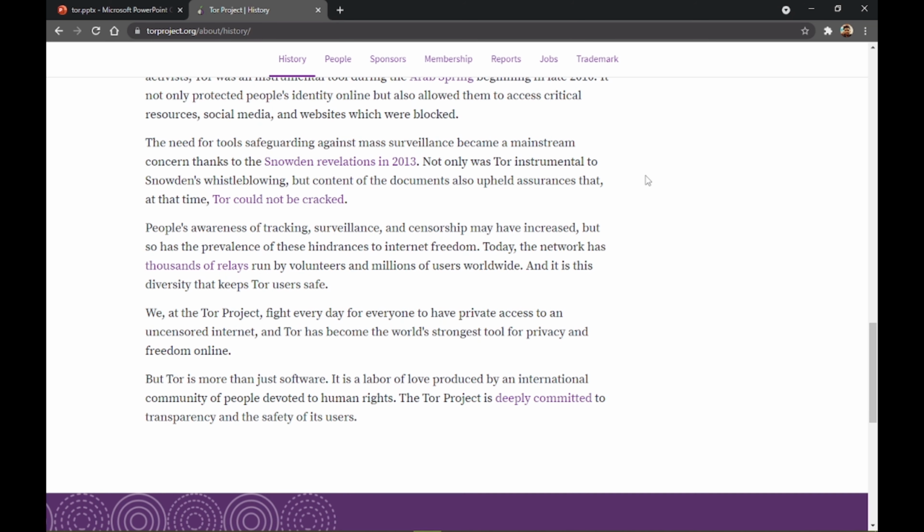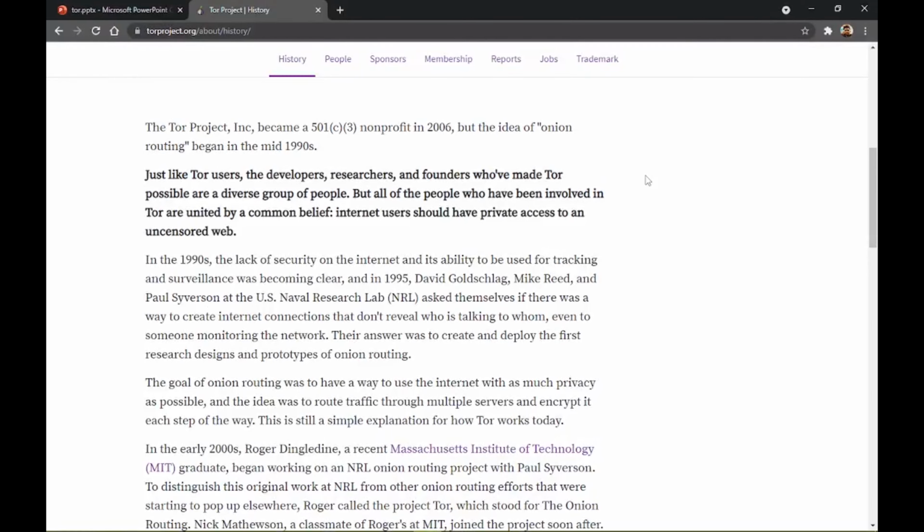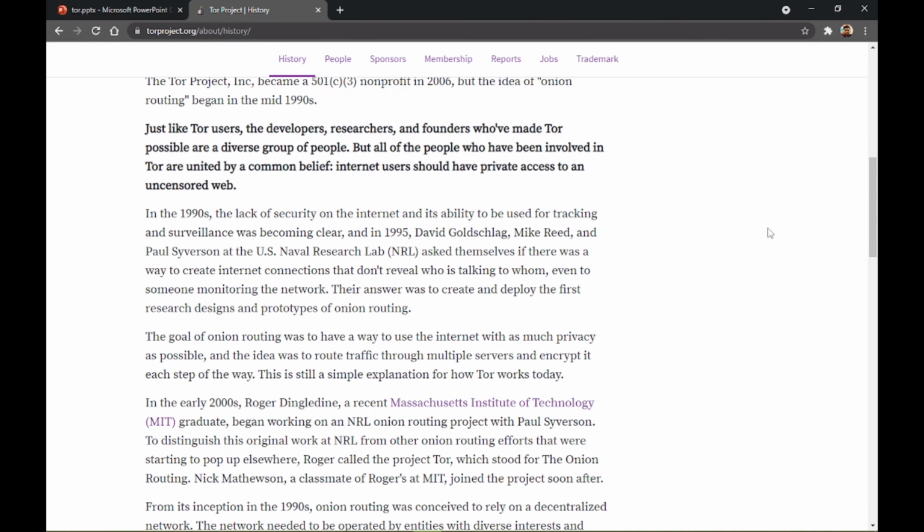So the main purpose of the Tor is to provide you anonymity and prevent unusual tracking and surveillance of your network. Of course, there are government spies or government agencies, and there are bad hackers, either whitehat, grayhat, or blackhat. All of them are going to track you to get your data so that they can see what you are going to do. So yes, this is the actual purpose of the Tor, and in our previous video we saw that this purpose is achieved very well. But the problem of using Tor is something bigger we have to look at in this video. So let's jump to our slides.